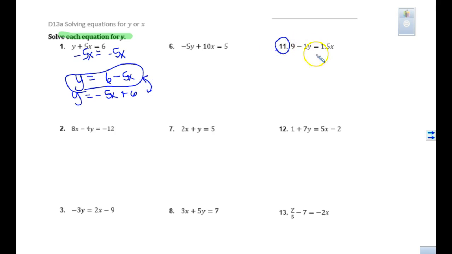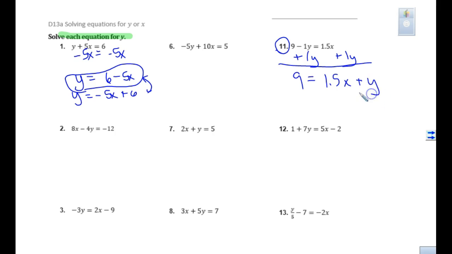So look over at number 11. I want to get a positive 1y. Should I subtract 9 or should I add 1y to both sides? So that I can be positive. Thank you, Kennedy. So I am adding 1y because I think many of you will make fewer mistakes this way. 9 equals